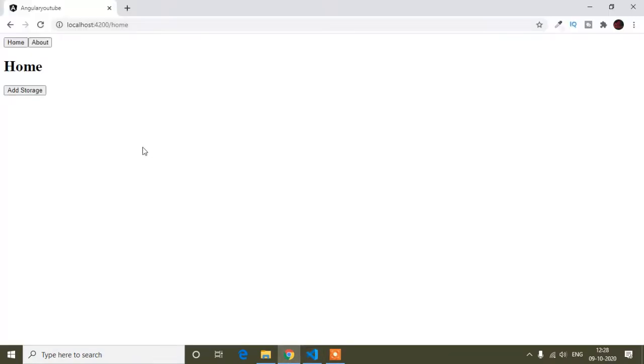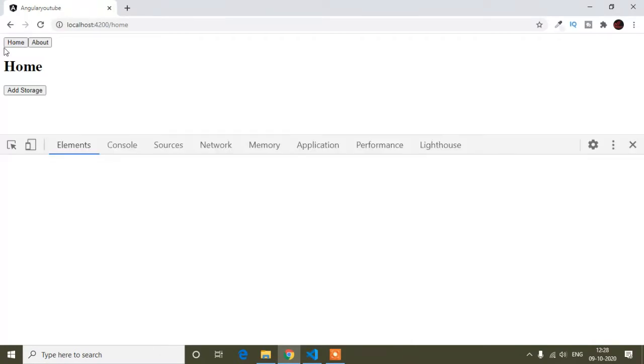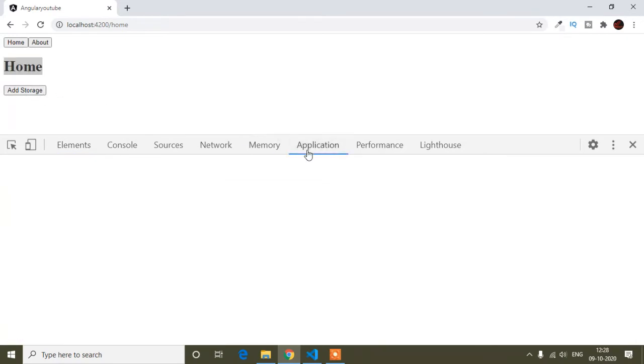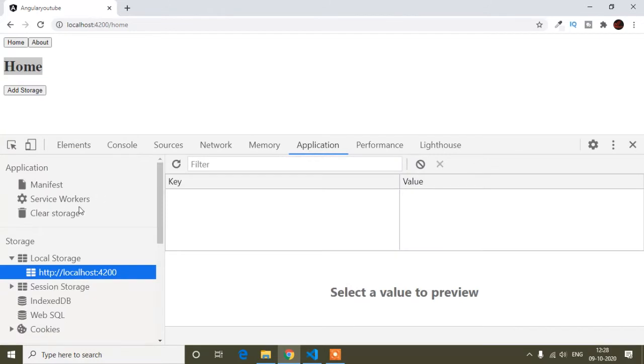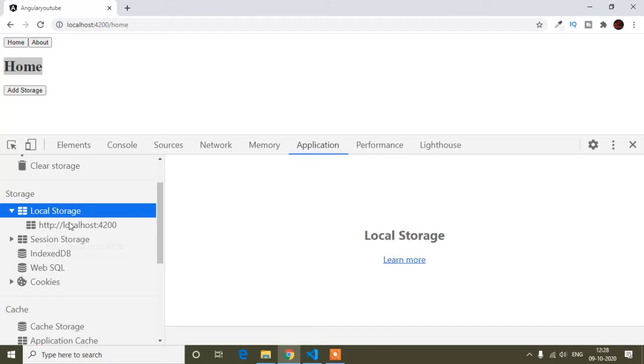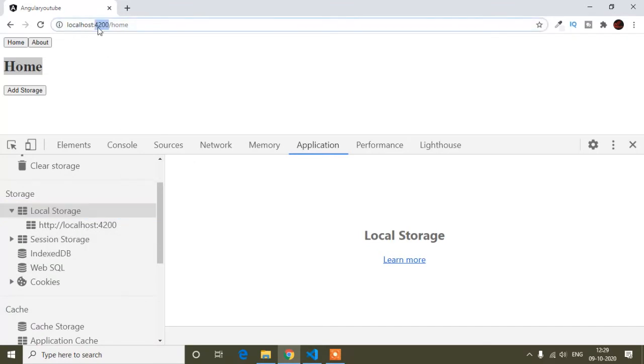Now I will open the developer tool, and here you can see I am in the home component, and in the home component I have added a button, add storage. Now I will open the application tab. This is the local storage, and this is our localhost 4200.